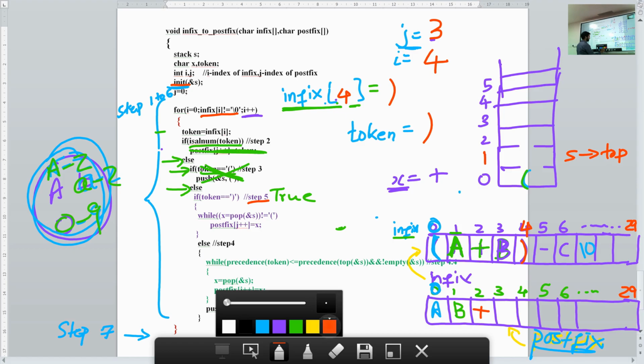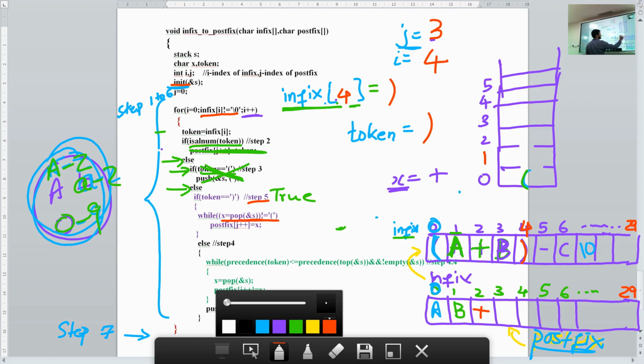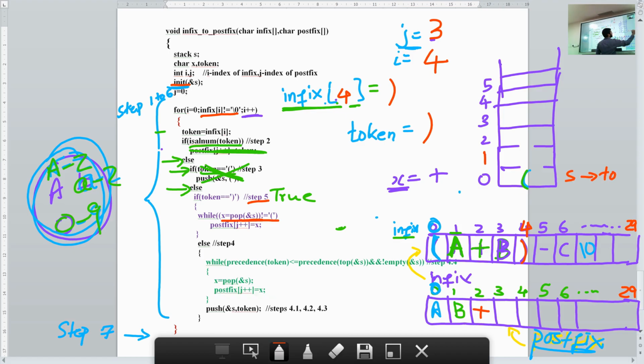It's not over, it's a while loop. So again repeat this, check this. Can you pop again? What is the value of your top? You have already popped once, so your top value will be here. This is your top. Value is 0. Now again you try to pop. Is it equal to opening bracket or not equal to opening bracket? It is equal to opening bracket, but you are going to pop it.